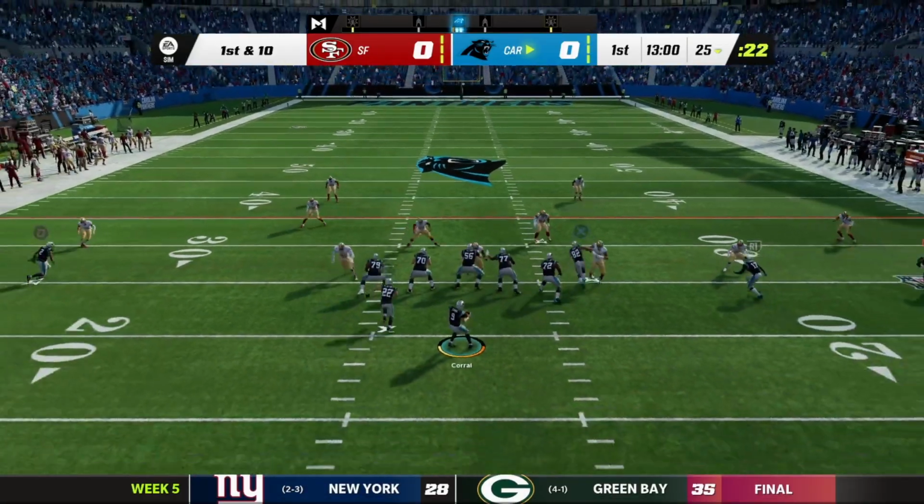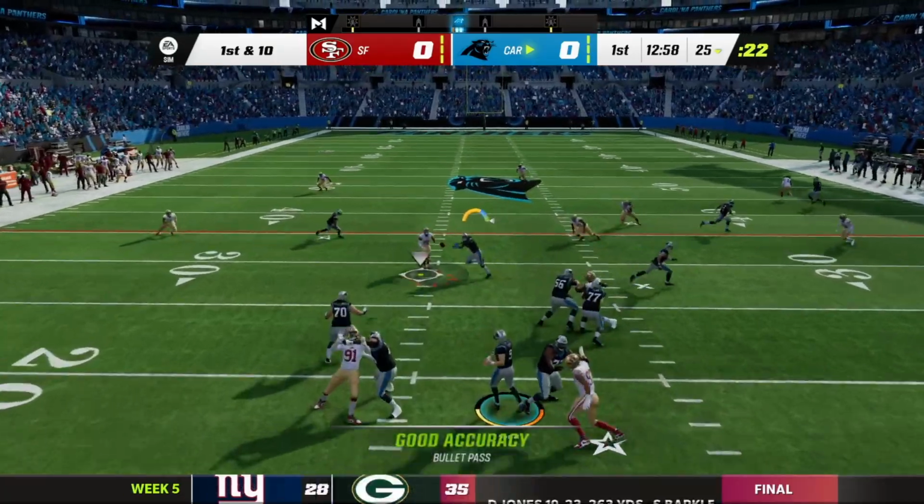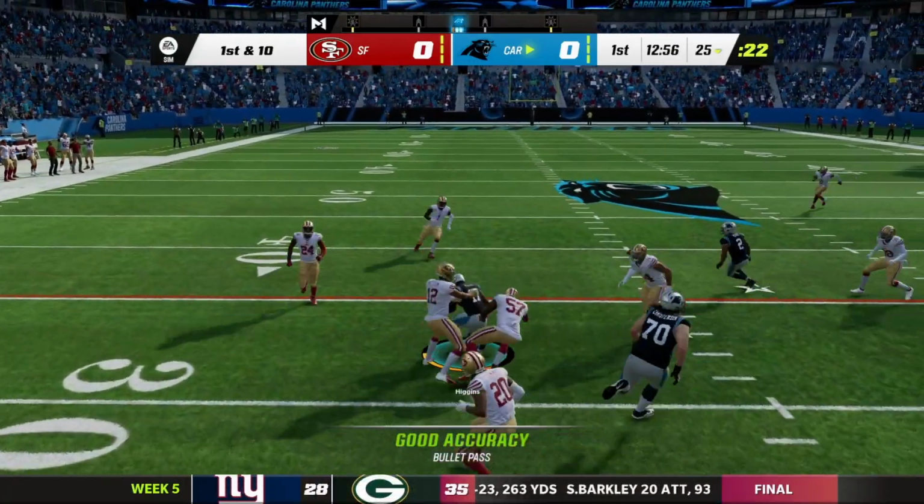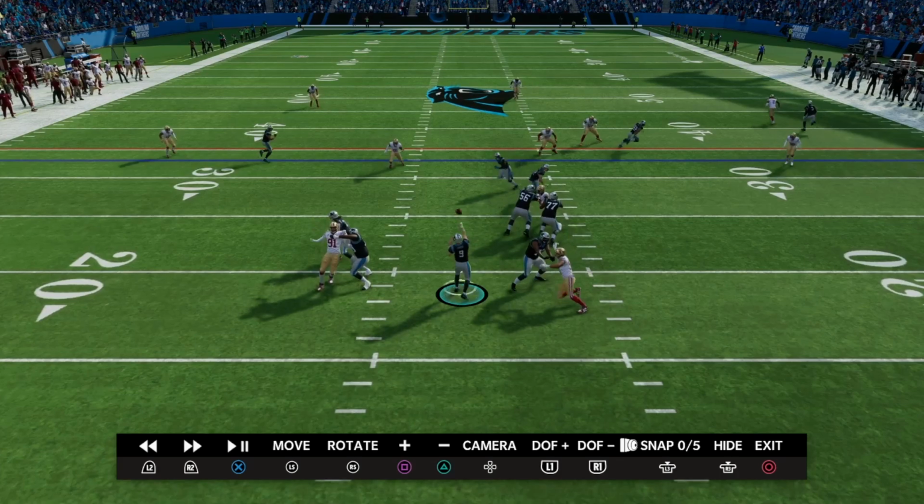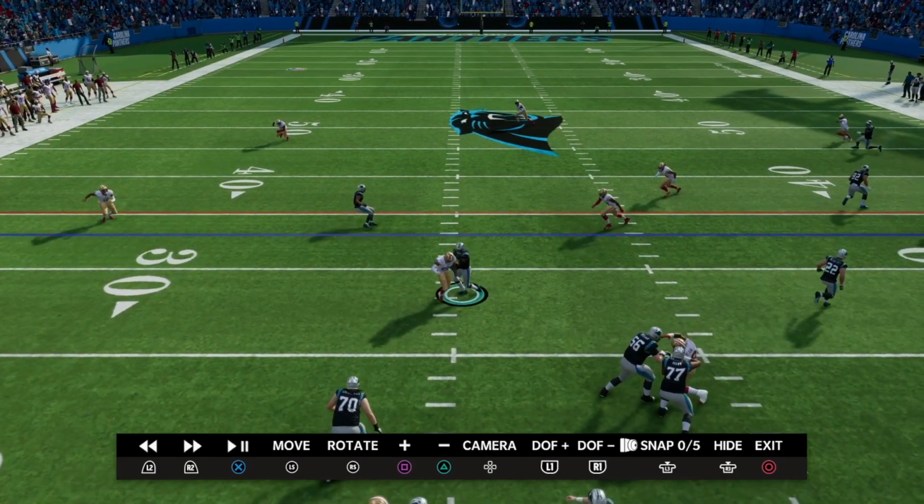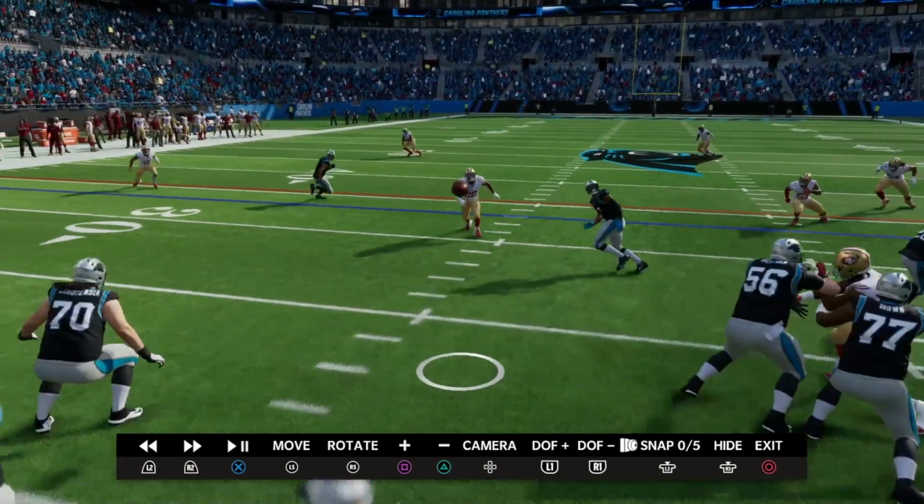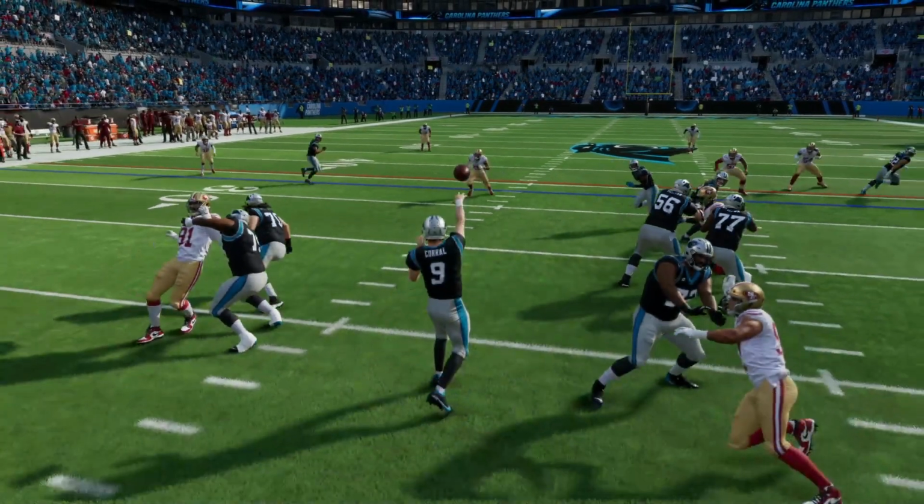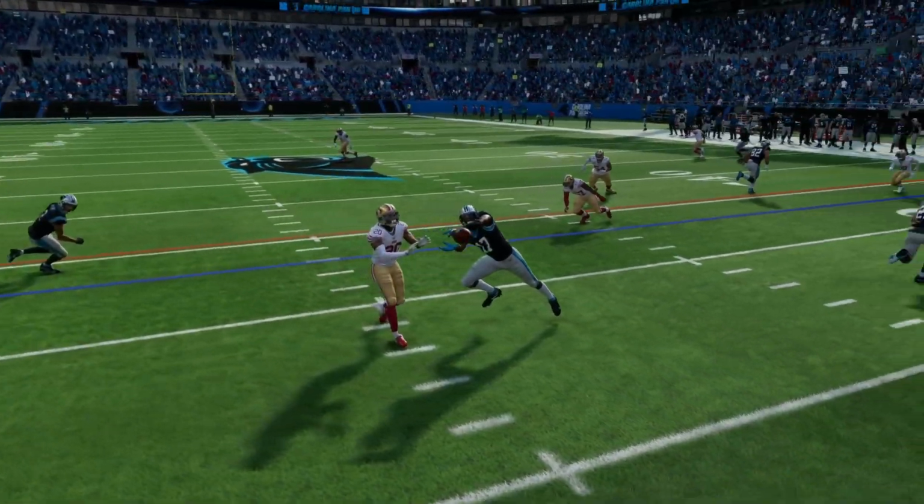Another play here, San Francisco, Matt Corral in here, and I throw an underneath route. Now I'm pausing this because you will see this happen a lot with base Madden. This ball will get undercut by the defender who's looking in at the quarterback and is caught for a touchdown or caught for an interception. But in this play,